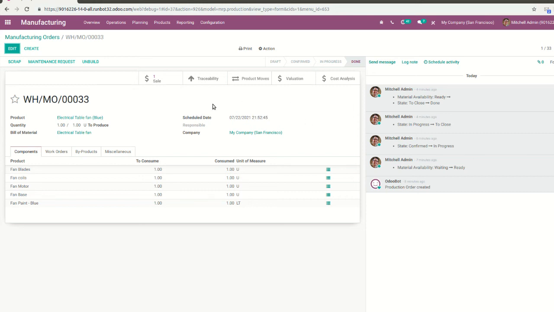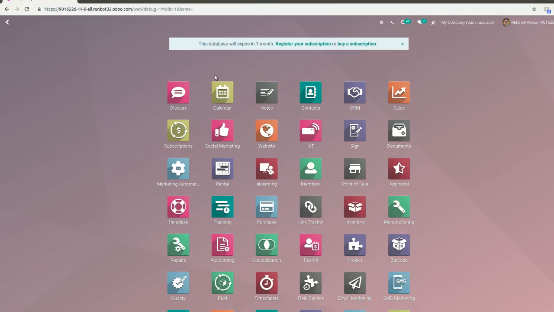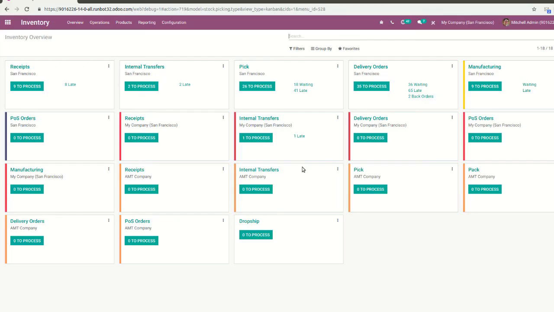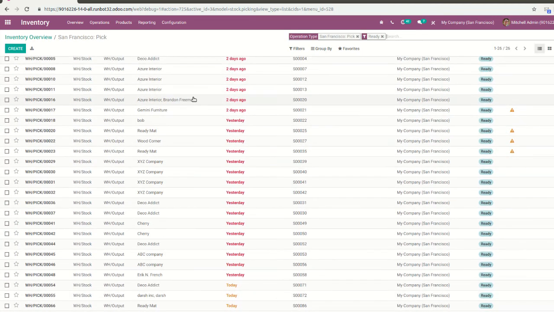Okay, I need to go to the deliveries. Go to inventory. See, there is a picking. Today I created the last picking, this one.